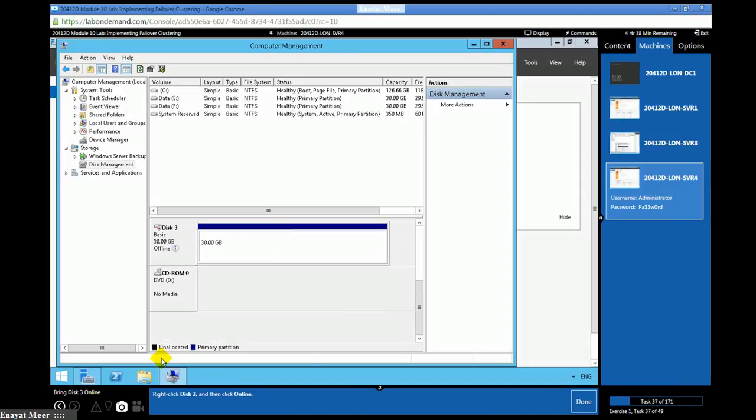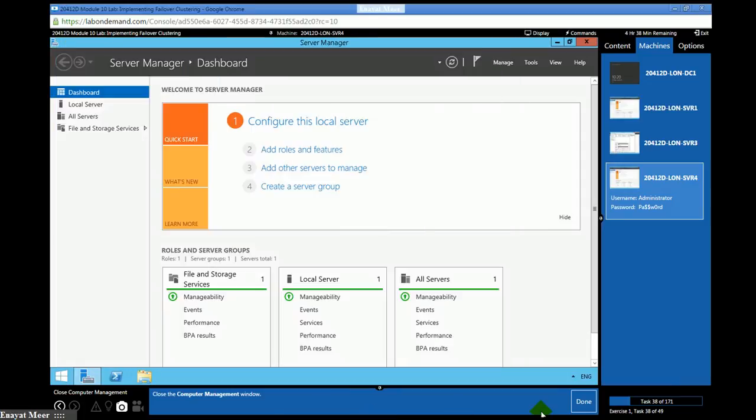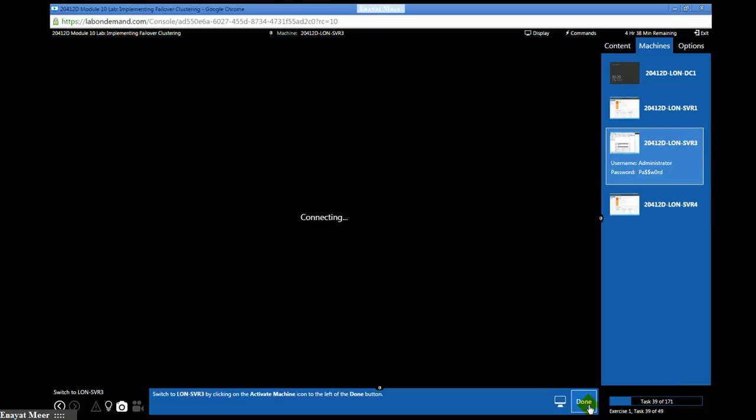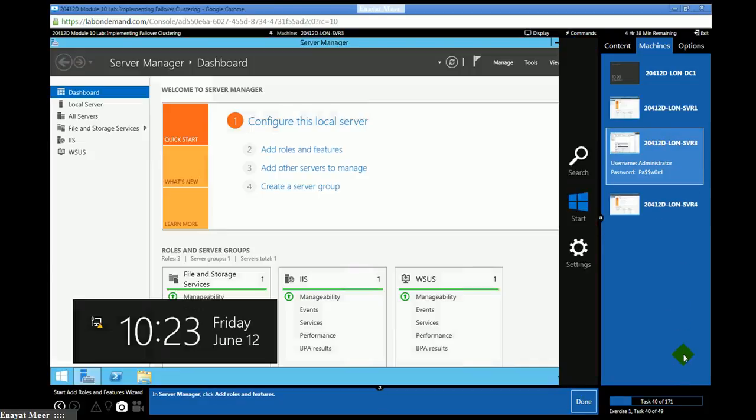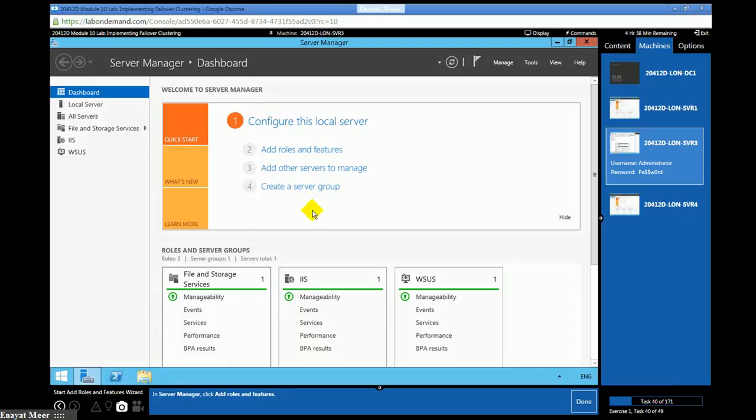On the top left, you're going to see E, F, and now the G drive is coming up. So you're going to have those 3 drives up: E, F, and G. The same drives we had in SVR3 we have here because they are coming from SVR1. So this part is done.